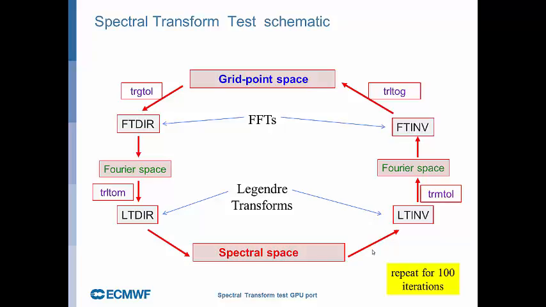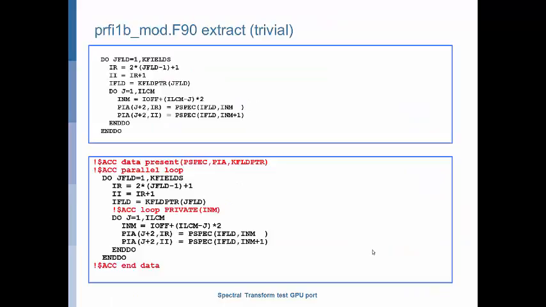You go around again with the same data. Not the original data, but as you saw with the test cases you were running, the more iterations you run, the greater the distance from the original data. We compute some norms to check that the results are correct after 100 iterations, and the norms are within e to the minus 13 or 14 or something like that. So very accurate. So that was very pleasant to see that the GPU version